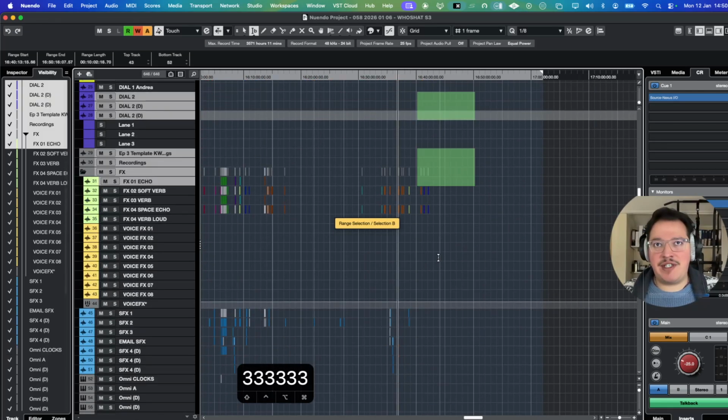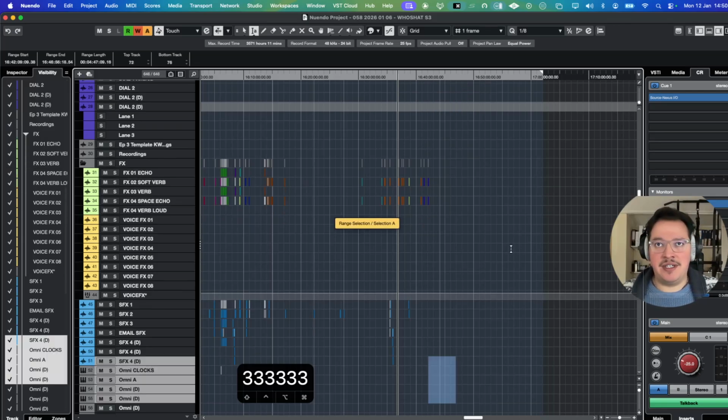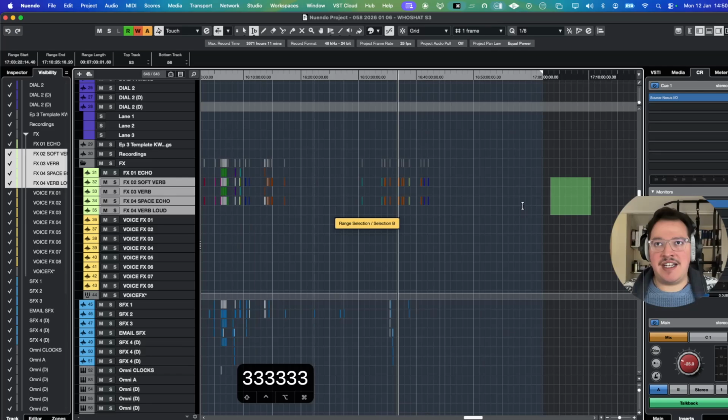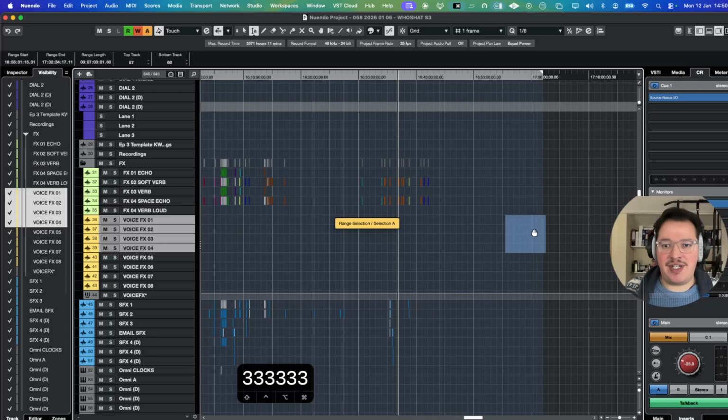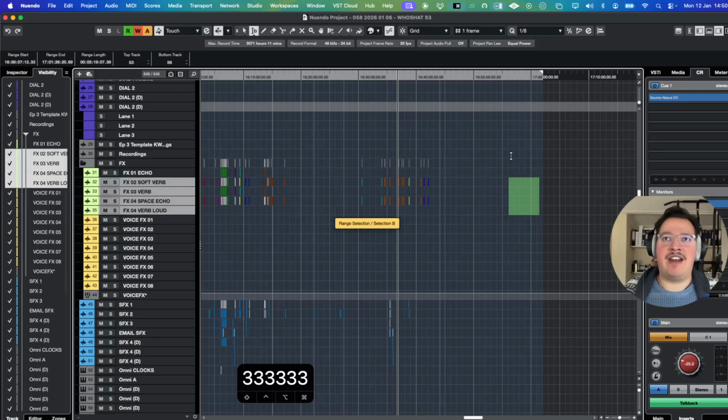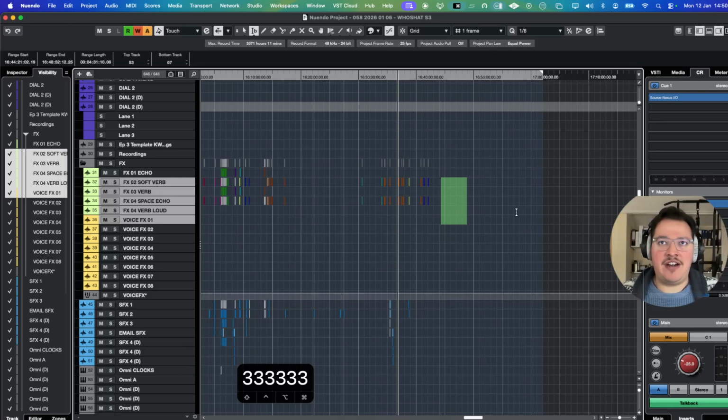So every time when you press 3, it goes to one selection and then it goes to another selection. So now I'm pressing 3 repeatedly, and then you can see that it's 2 selections that are toggling between each other. I've never really had the necessity to have one selection here and then the other selection there and then toggle between them,